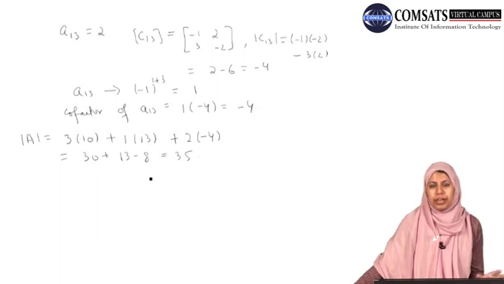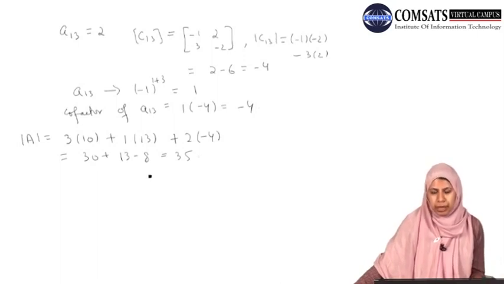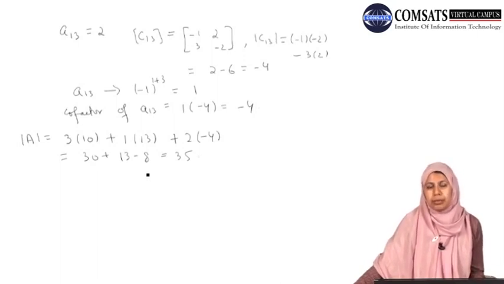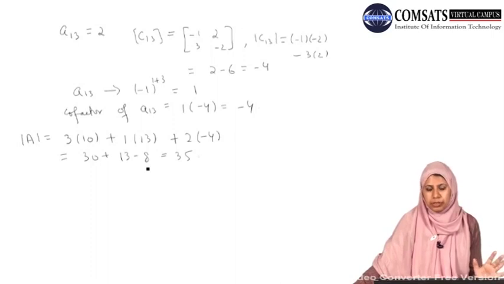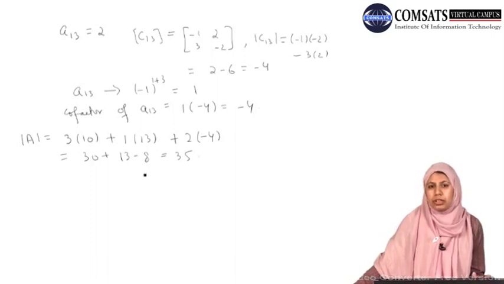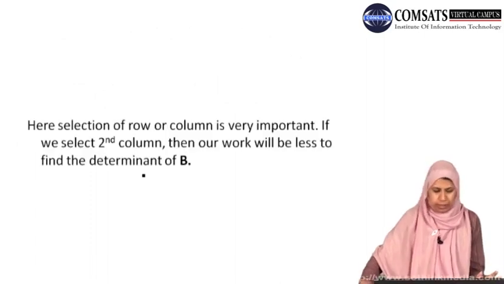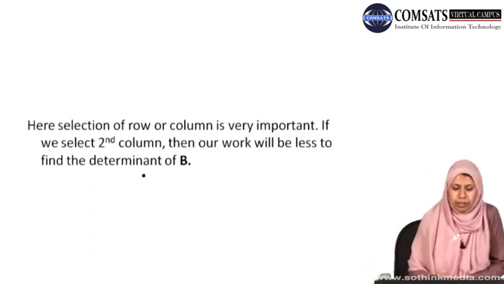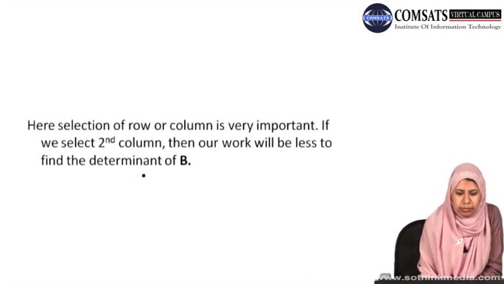And this process of finding determinants is used for any matrix of order greater than 2. Now we have solved the matrix of order 3 by 3. With the same technique, we can also find the determinant of a matrix of order 4 by 4, 5 by 5, and so on. For example, we are given a matrix B